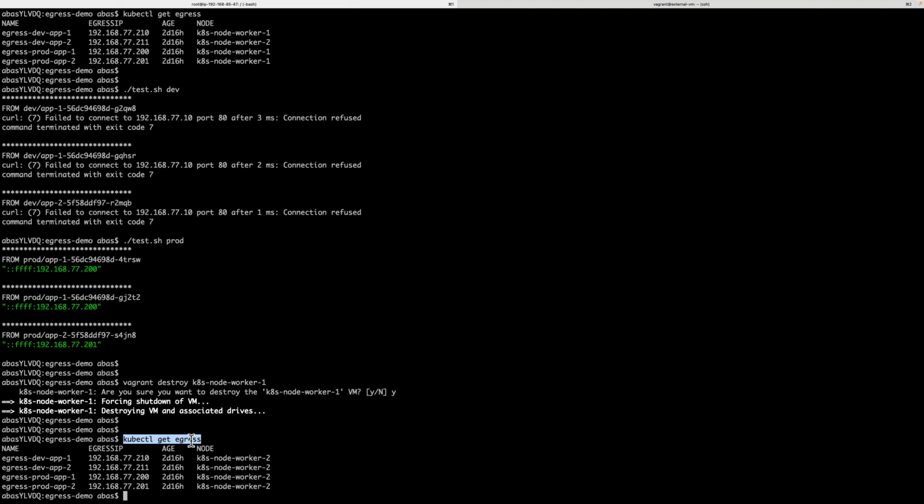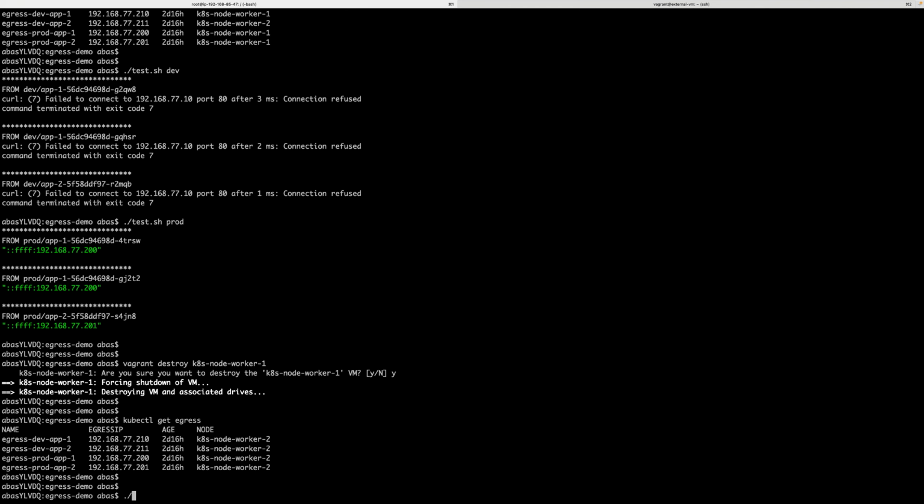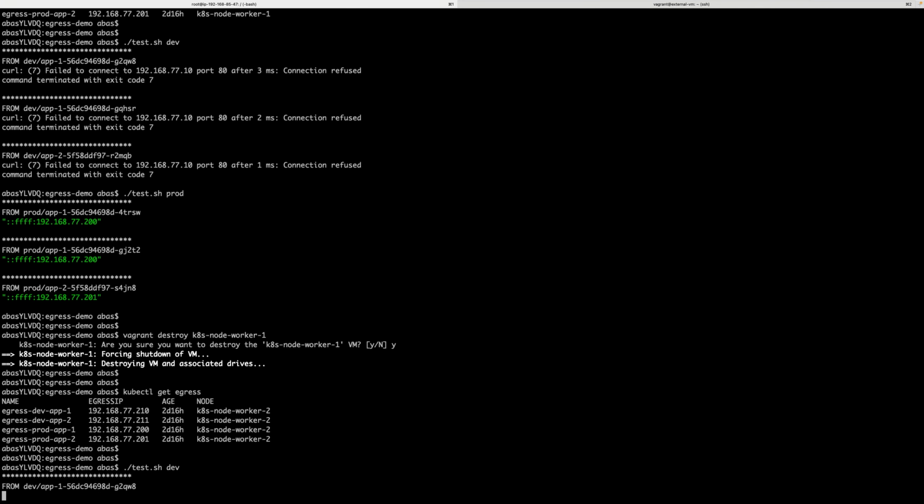I'm looking at the egress resources again, and I can see that all of them, the IPs haven't changed, but they have been reassigned to node worker 2. So if you compare to the top of the screen here, you can see that all those egress resources have been reassigned to node worker 2. Now, if I check connectivity, I should still be observing the same things. The only thing that has changed is